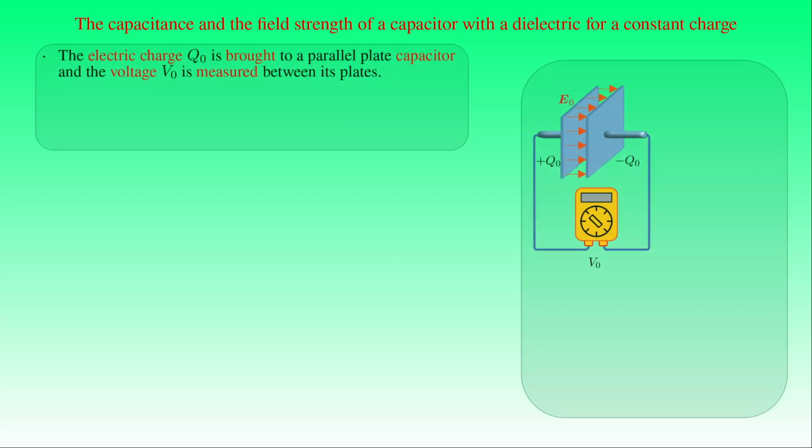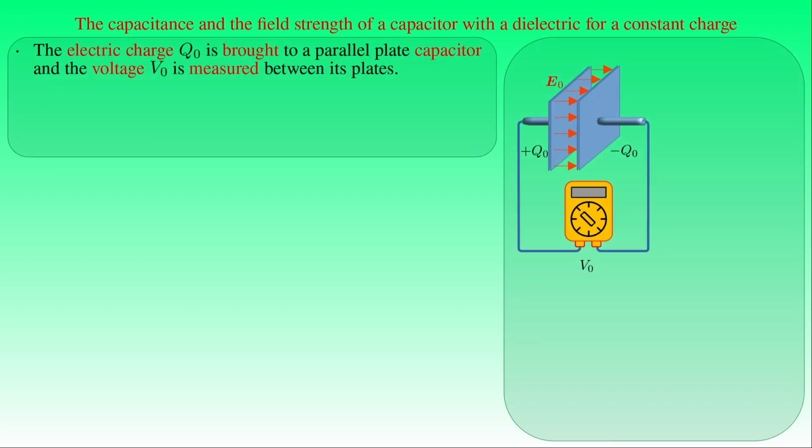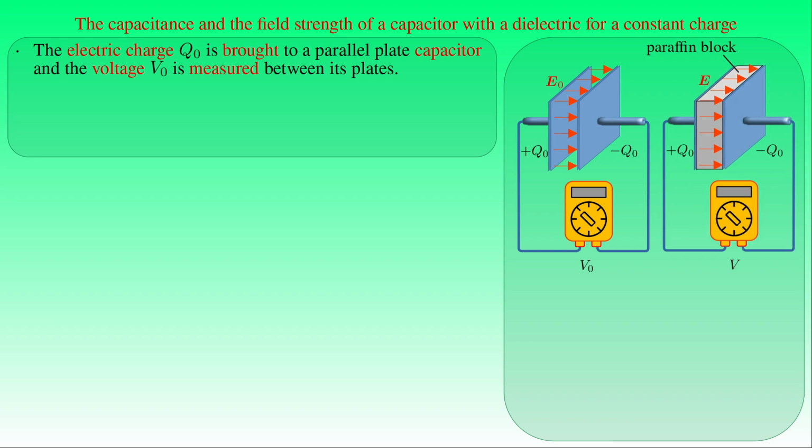First we connect an electrometer to the plates of the parallel plate capacitor with a vacuum or air between the plates, and bring the charges plus Q0 and minus Q0 to its plates. This given amount of charge produces the electric field E0 in the capacitor, and the voltage V0 is indicated by the electrometer. If we insert a paraffin block between the metal plates of the capacitor, then the electric field must change